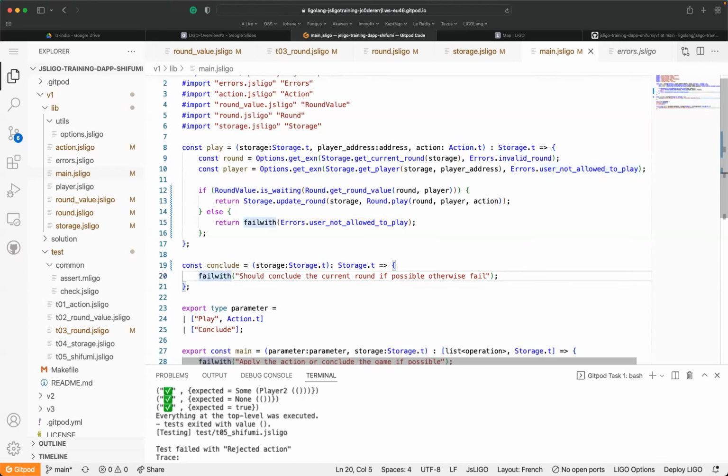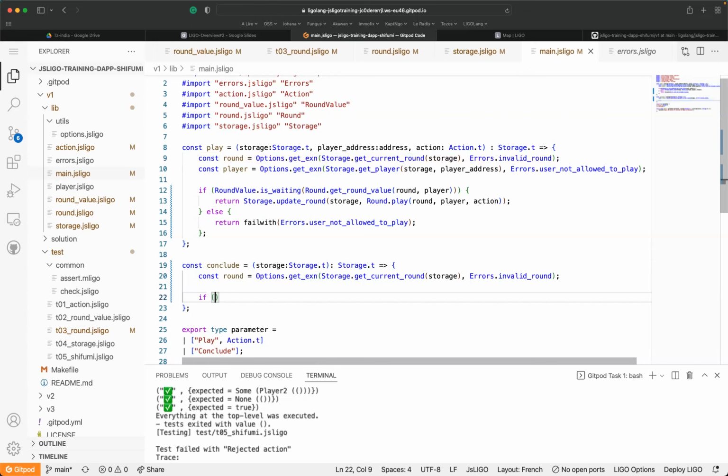Then after, I would like to retrieve, using in fact the same construction as this one, but with player 1 and player 2. So I'm just going to say if the player 1 round value is in the play state for the round and player 1.